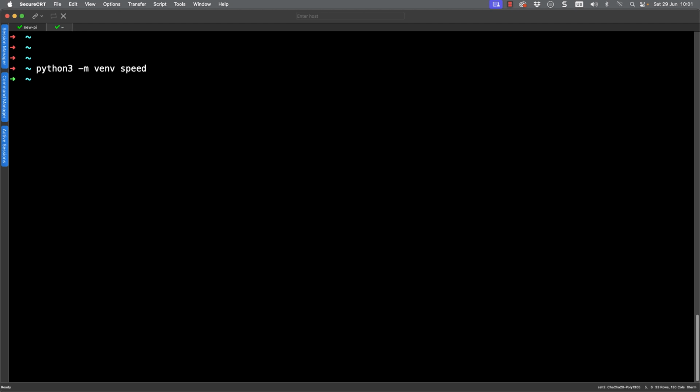With that done, we can activate the environment, and we do that by sourcing the script. So I can use then the bash command source and then point through to the speed directory. And inside of that, we're going to have a bin subdirectory and the activate script. So this is going to create my virtual environment. So now when I install the module, it's being installed not into my system, but into this subdirectory structure. So it's totally self-contained.